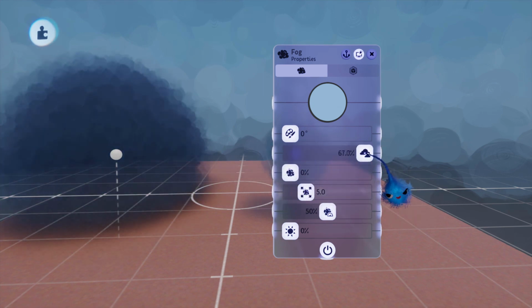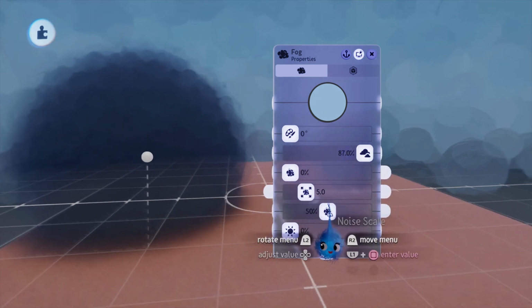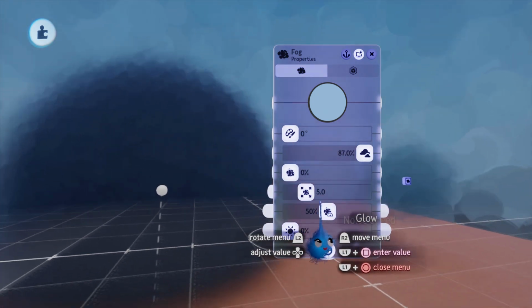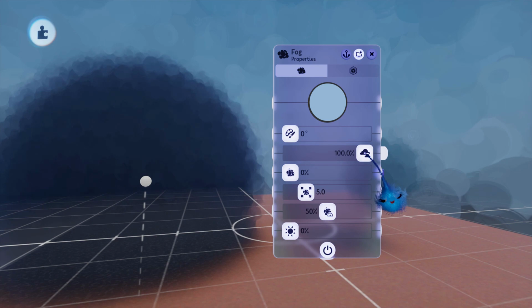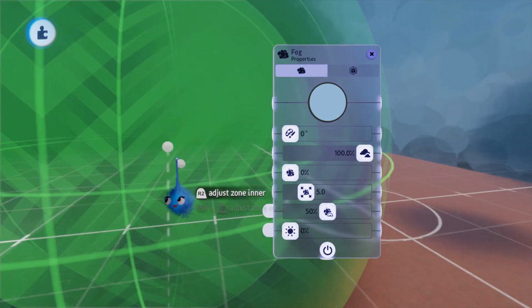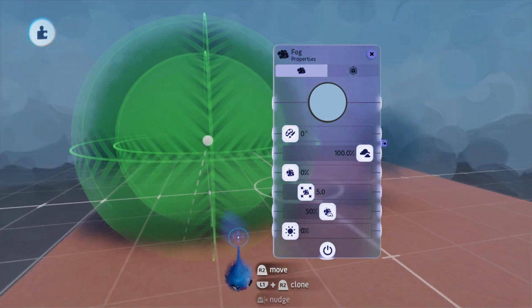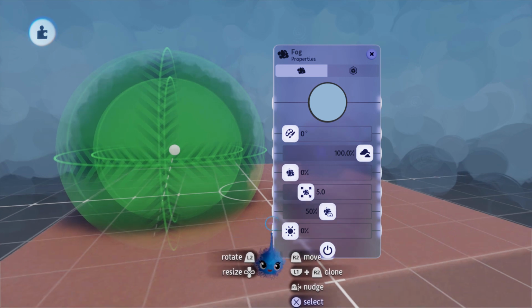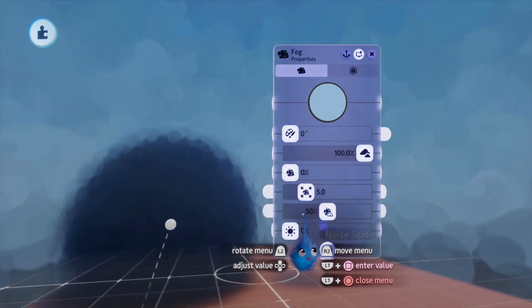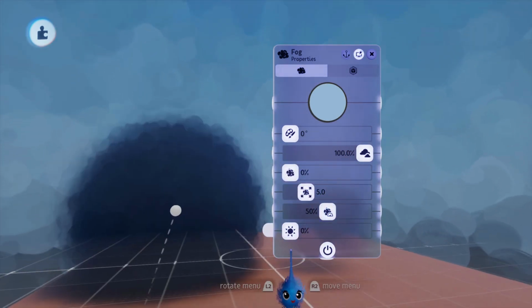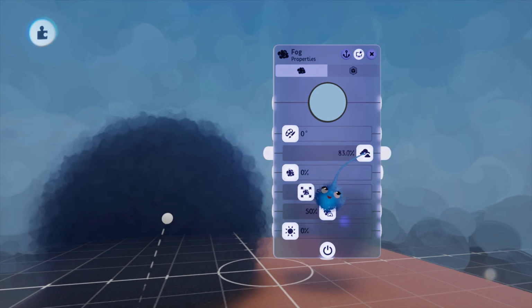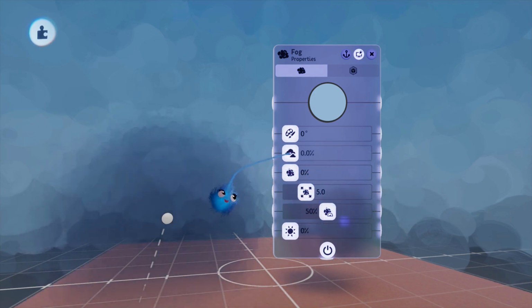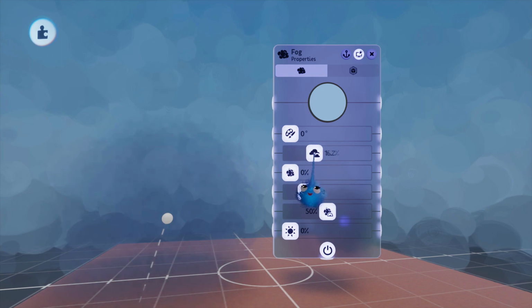Density, so it's thicker. It's still see-through, even at 100%. You can still see through the fog, but it certainly is a lot more dense than